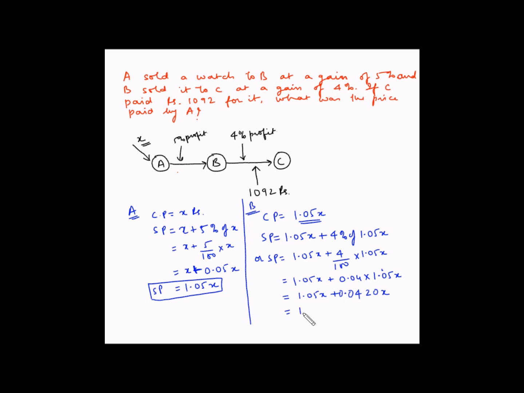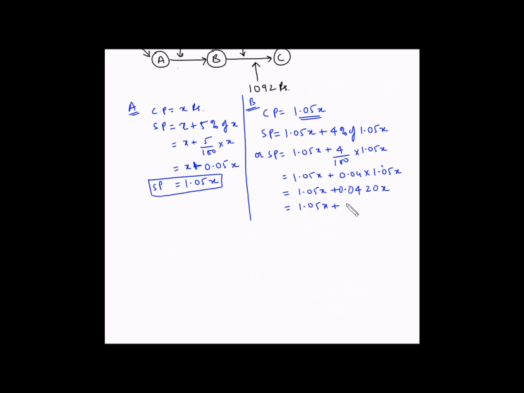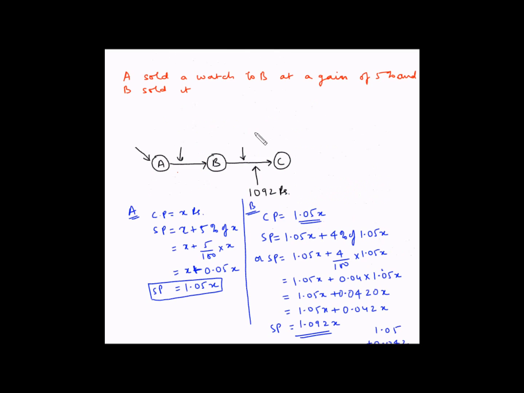So this is equal to 1.05 times x plus 0.042x. So this is 1.05 plus 0.042, so this is equal to 1.092 times x. So this is the selling price for B,